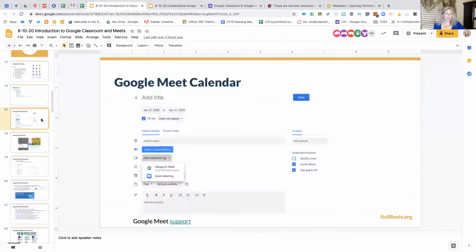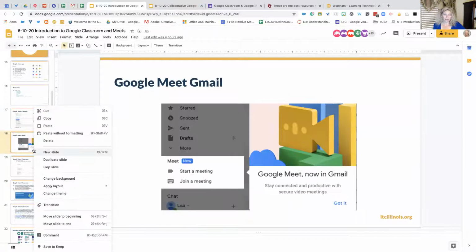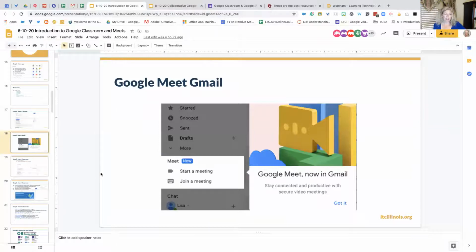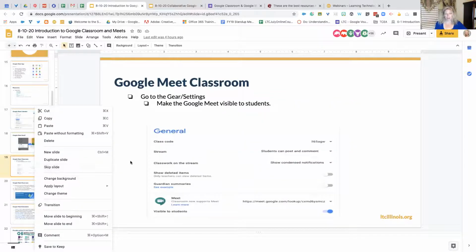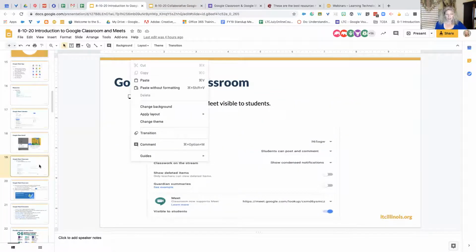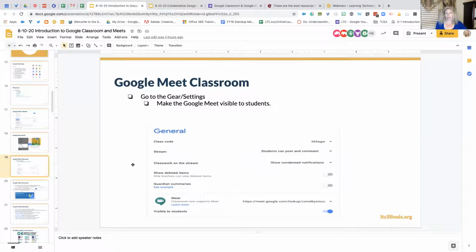Now, besides going to the app to access Google Meet, you can go to your calendar and add a Google Meet from there. You can go from your Gmail and add a Google Meet from there. If you use chat, you can go from there as well, or you can go from Classroom. So working with students, I would think Google Classroom is the best place to go for the Google Meet, and that's where I'm going to spend the majority of the time here when I talk about Google Meet,